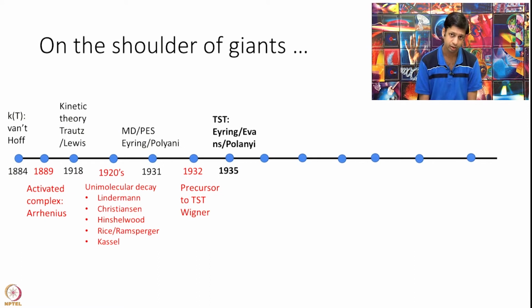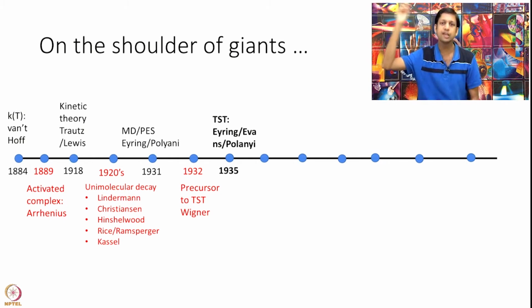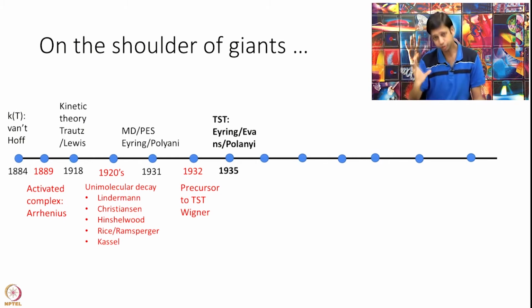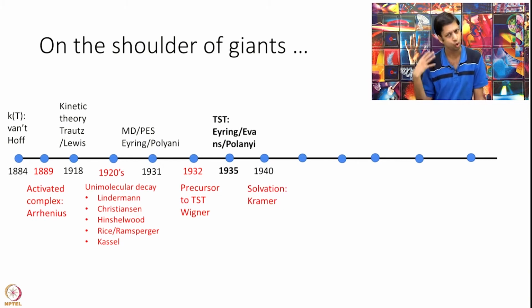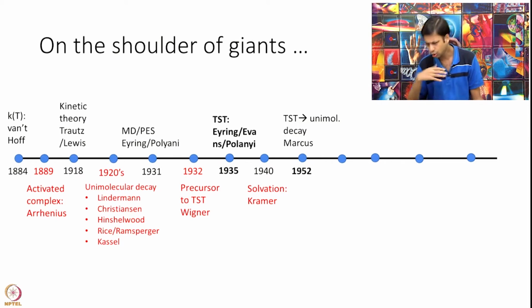Not only that, almost all developments beyond 1935 take this work as the base and develop upon it, making the equations better. But this is still the intuition that is used today even in the development of chemical kinetics. That is why I put this one in bold. The 1940s saw beautiful work by Kramers on including solvent effects in transition state theory. I am moving a little bit fast now, as a lot of work was done.